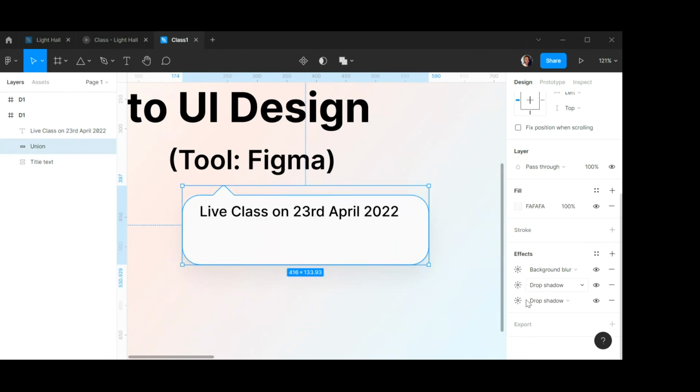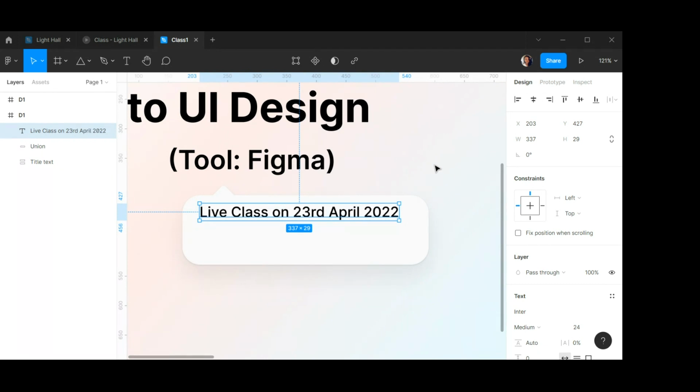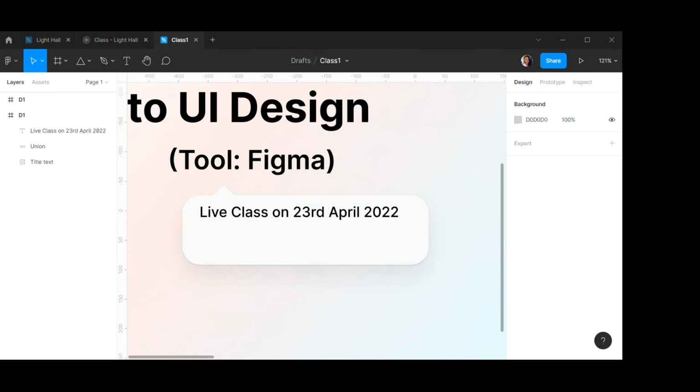Okay, the value of the second effect is a drop shadow, and the blur is 3. The Y direction is 1, and the opacity is 10%, Salim. So if you've done that, the next thing we're going to do is